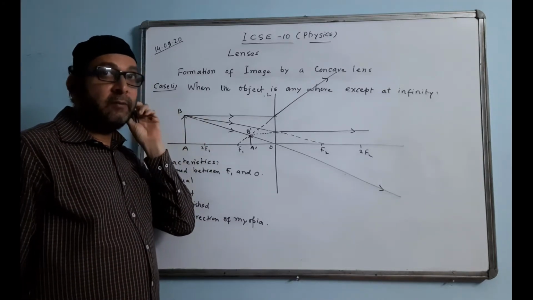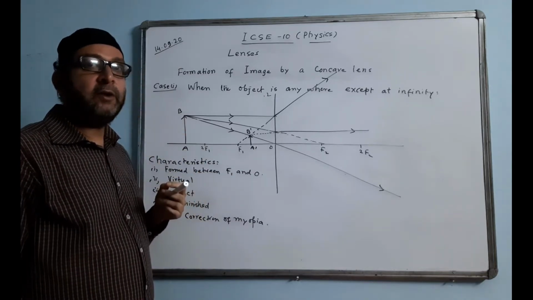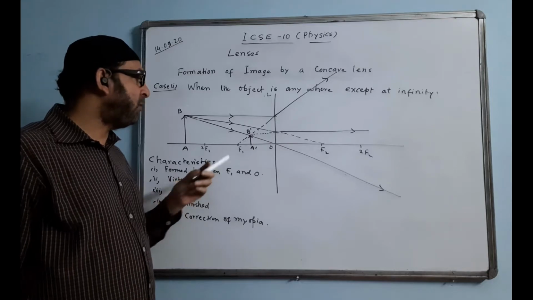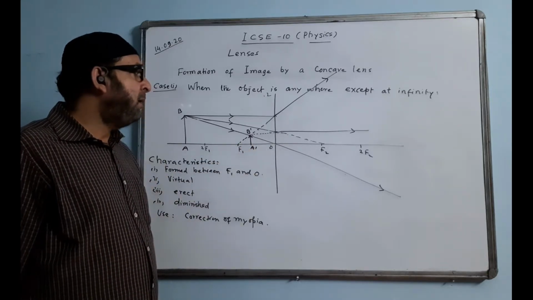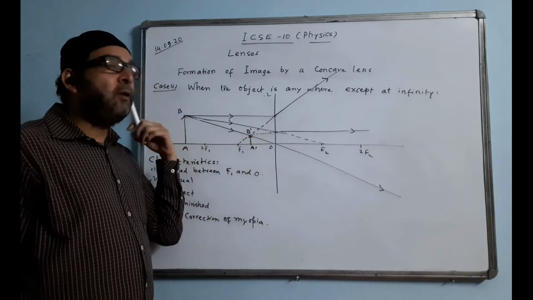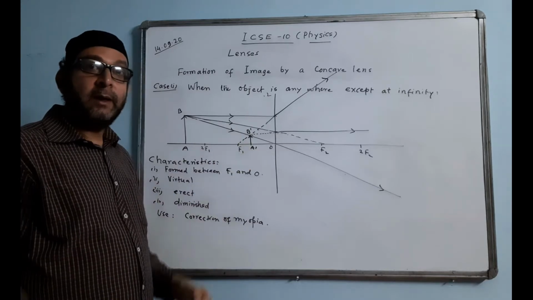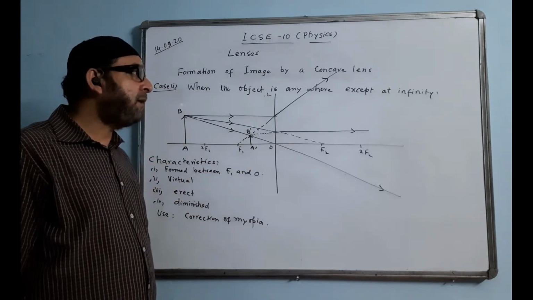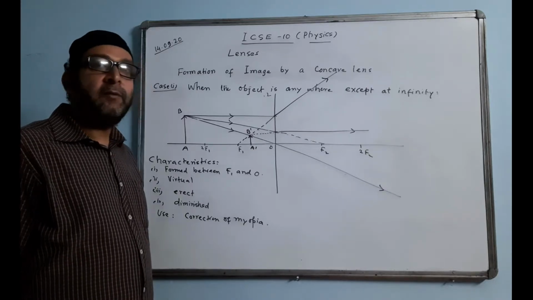The convex lens forms a real image as well as a virtual image. Virtual image only in one case, the last case, when the object is between F1 and O. But the concave lens always forms a virtual image only. This lens always forms an erect image only. And the convex lens can form an inverted as well as an erect image. Erect means virtual image, and it forms only in one case.